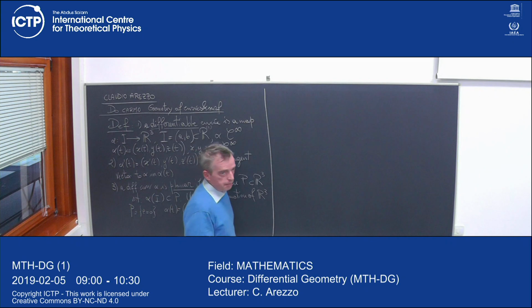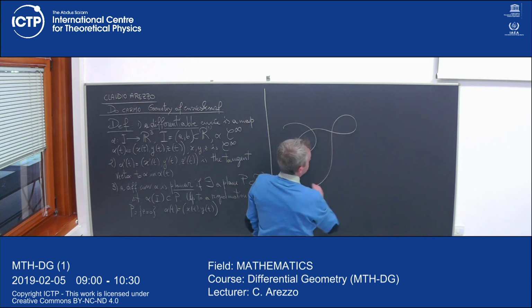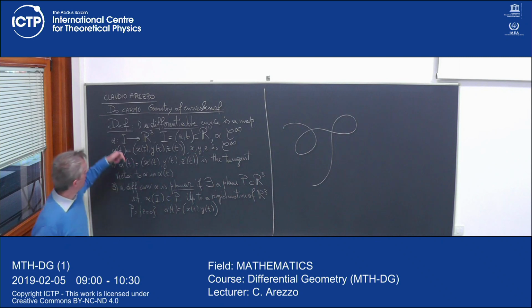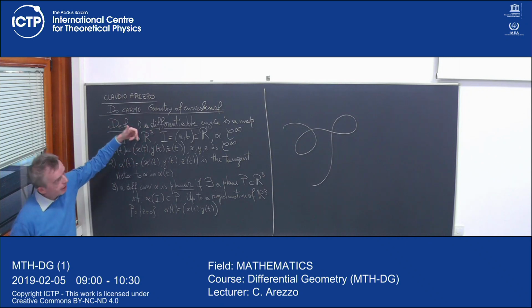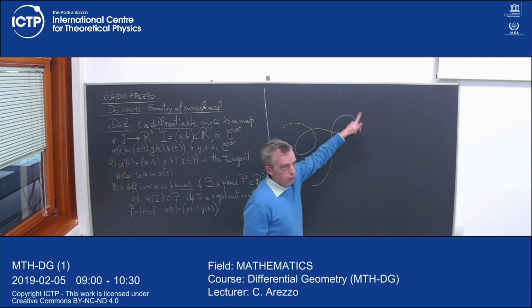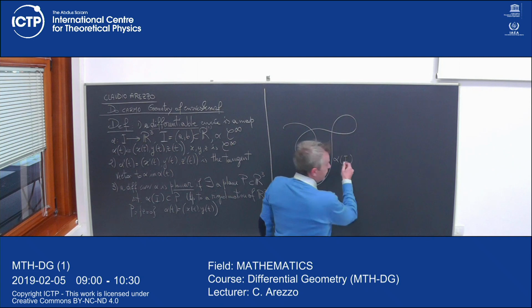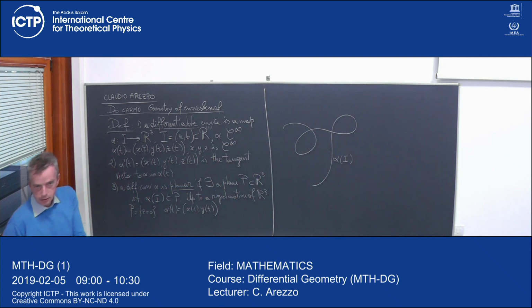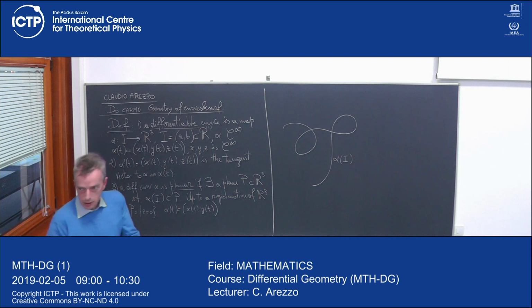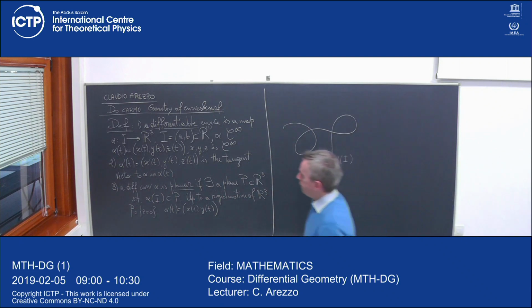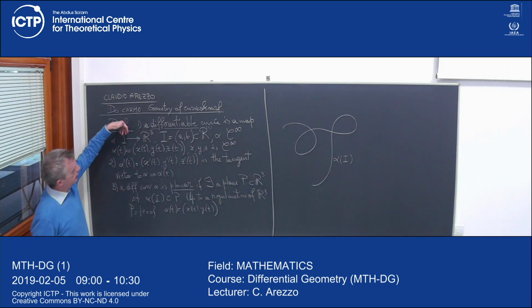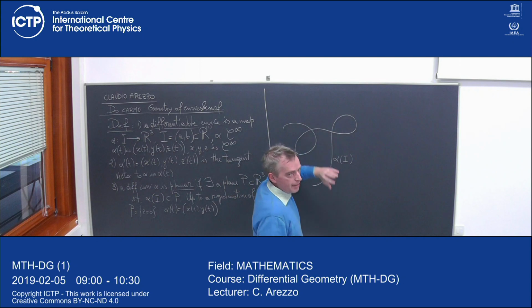When a geometer thinks of a space, they think of the set. So I'm thinking of this. But strictly speaking, the drawing is not the curve. The curve is a map, so it's not just the image. What I drew here is alpha of I, which is much less than alpha. One thing is to know the map, and one thing is to know just the image. So this is, in some sense, the physical definition of a curve: it comes with a parameterization. The same set can be parameterized in many ways.